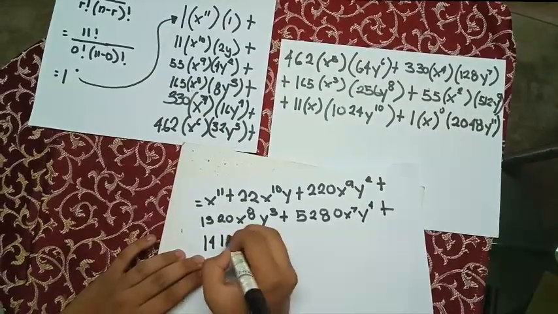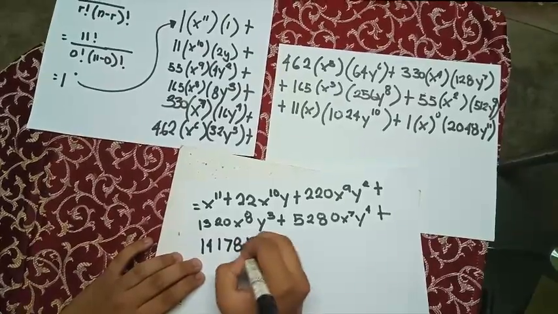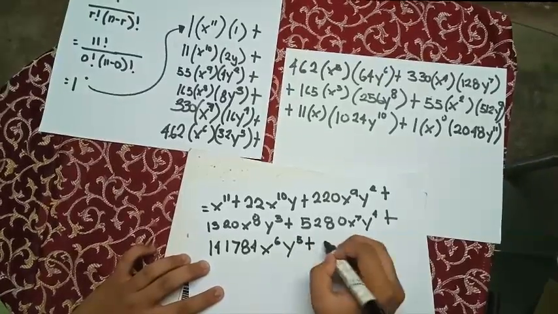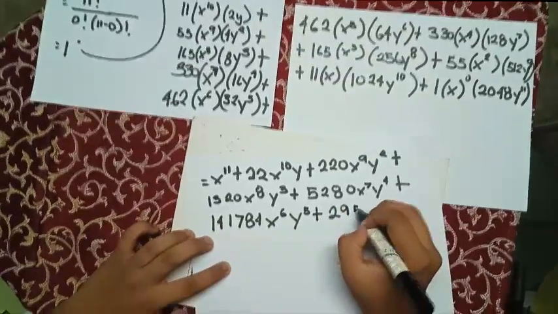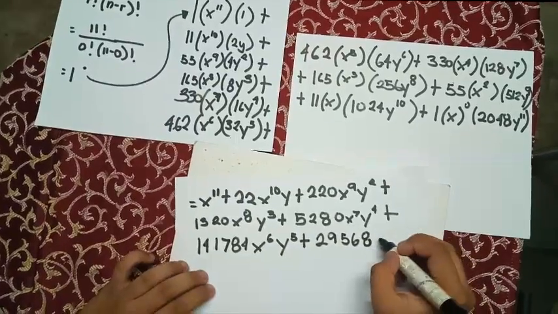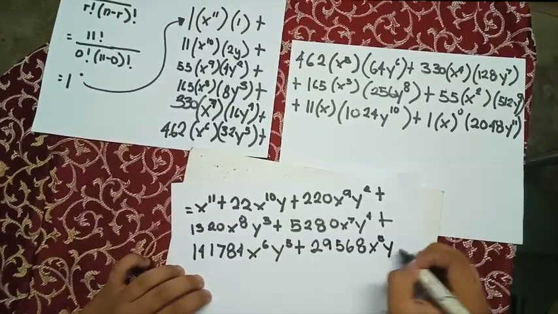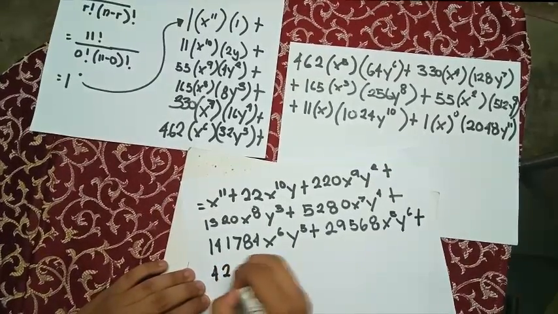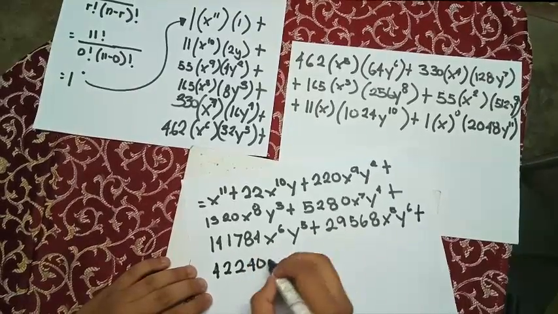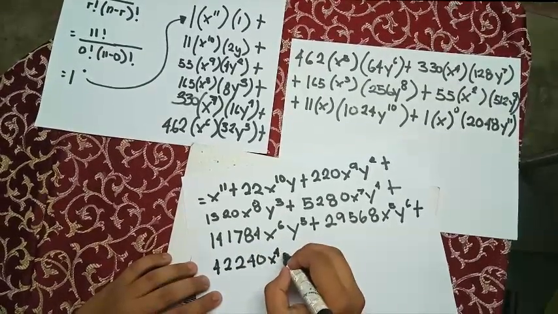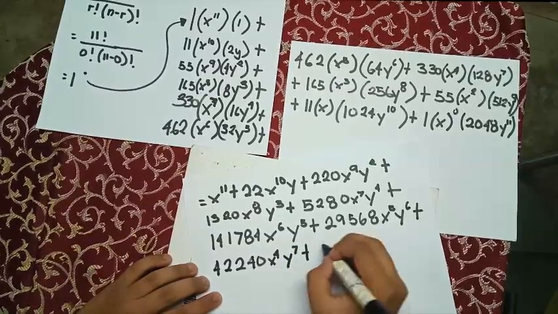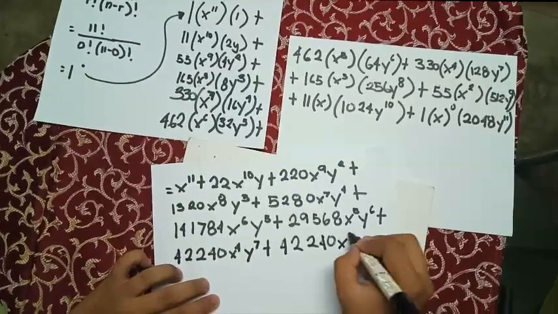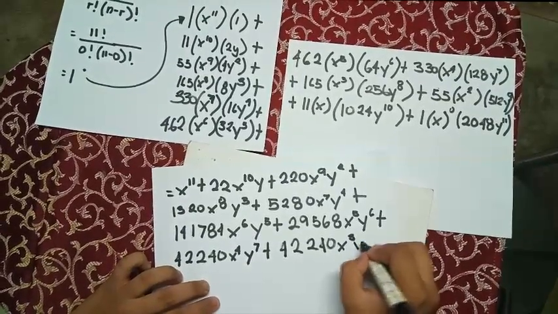14,784 x raised to 6 y raised to 5 plus 29,568 x raised to 5 y raised to 6 plus 42,240 x raised to 4 y raised to 7 plus 42,240 again x cubed y raised to 8 plus